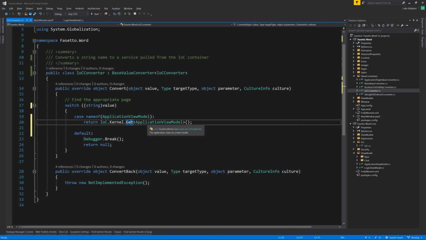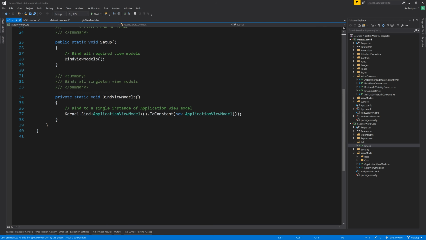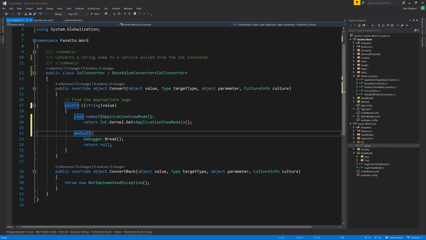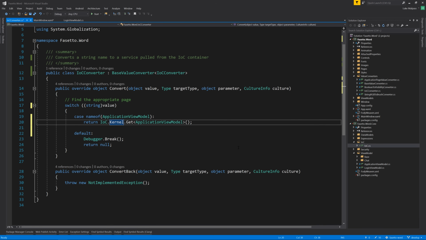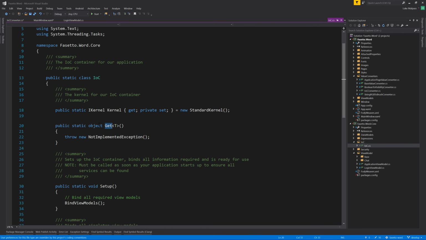So that's all you now need to do to get the application view model that we bound in here. So this exact instance here, from anywhere in the application, you can now do IOC.get. So let's turn this into a helper function, just IOC.get, control dot, F12 to go to the function it made